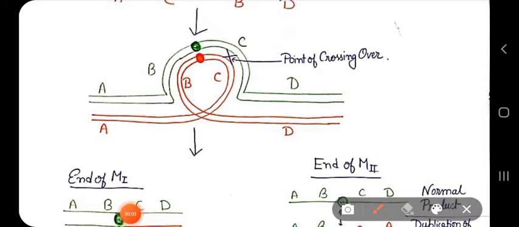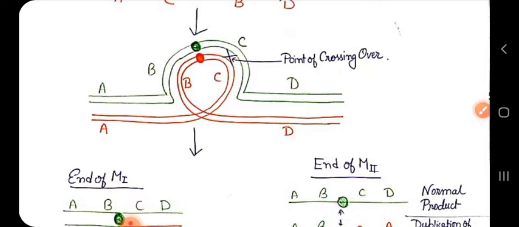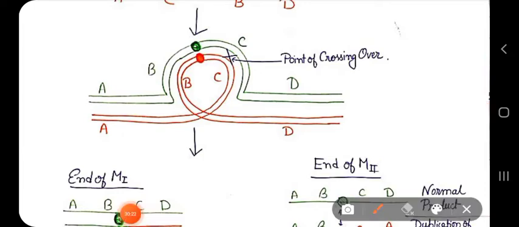So a loop like structure has been observed here, which tries to align with its homologous segments. And you see the two chromosomes are aligning themselves. That's why a characteristic loop like structure is observed, in order to align properly during synapsis. And the point of crossing over shows here in this region, where crossing over can occur in any place, depending on that